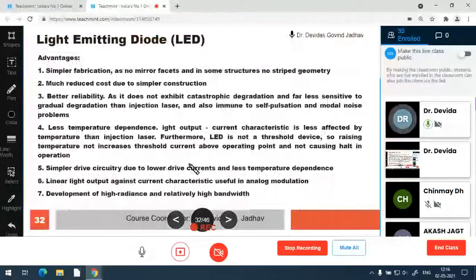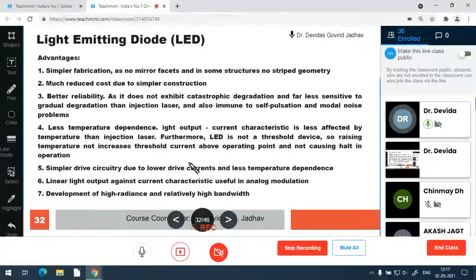Then we go for the light emitting diodes. So this completes the laser. We have seen the laser advantages also. From this chapter, laser is completed. Okay. Then we go for the light emitting diode. As we have seen the light emitting diode, light emitting mechanism, spontaneous emission, etc., these parts we have already covered. So part of the light emitting diode we have already discussed.